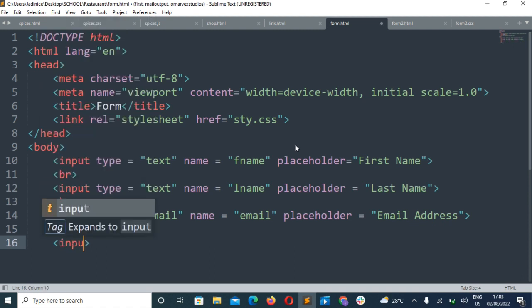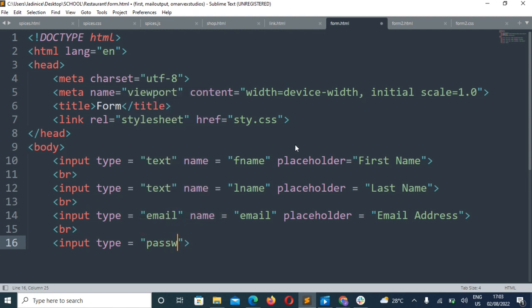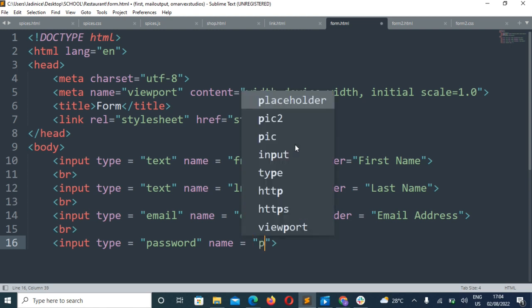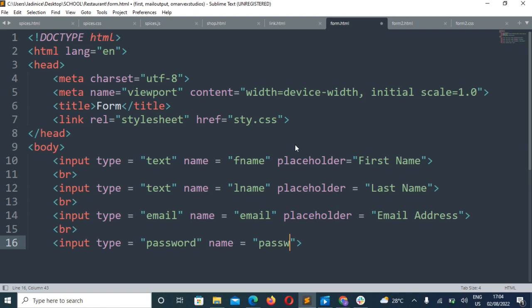and for security reasons, we would not want the information of our client to just go out. So we'll ask for the person's password. This name is used in JavaScript. It's used for functions for it to work, but we will not talk about it. It will be later on when we're talking about JavaScript work. So the name, password, obviously, then the placeholder would be.